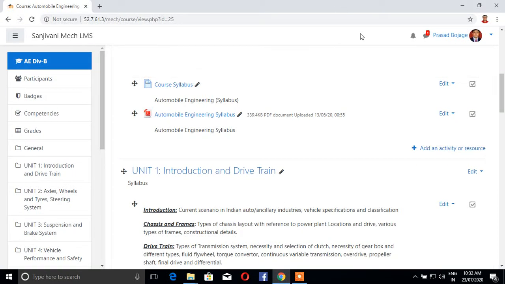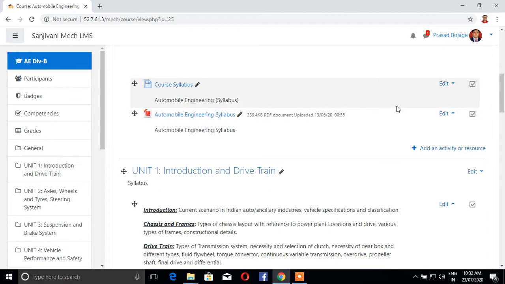Hello everyone. Today we are going to discuss how we can create a random quiz in learning management system. A random quiz means there are two sets of questions. For example, one set is having 20 questions and second set is having 20 questions, and you want to make a quiz of 10 marks of 10 questions. You can randomly select 5 questions from each set.